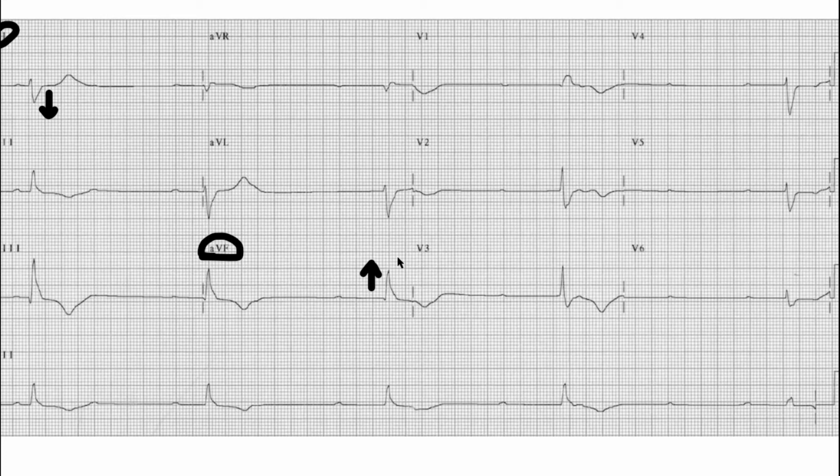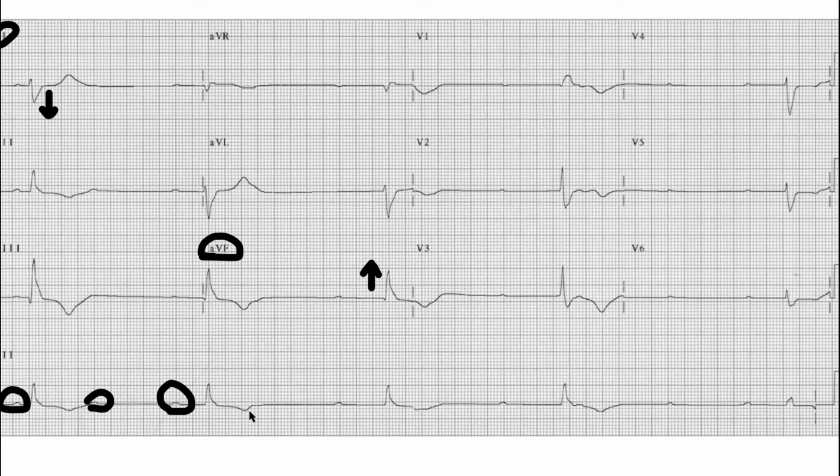Next we will find the cause of bradycardia in this case. To find the cause of bradycardia, we will trace the P waves. As you can see, this is one P wave, this is the second one, this is another P wave. The atrial rate appears to be 300, 150, 100, 75 and 60. The atrial rate in this case is around 60 per minute while the ventricular rate, as we calculated earlier, was 27 per minute.